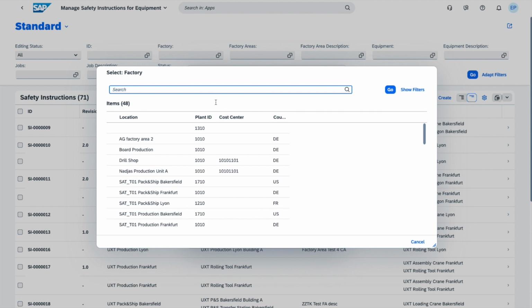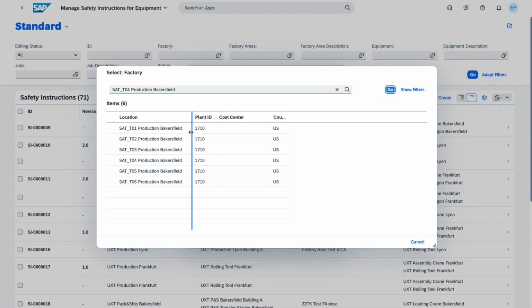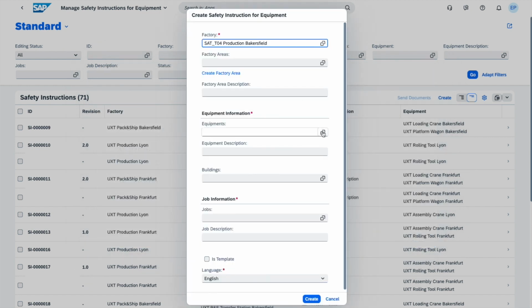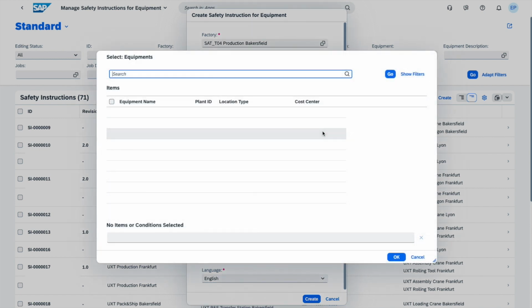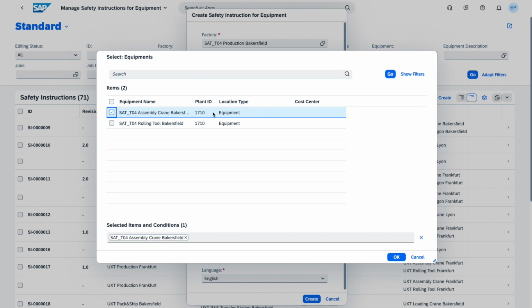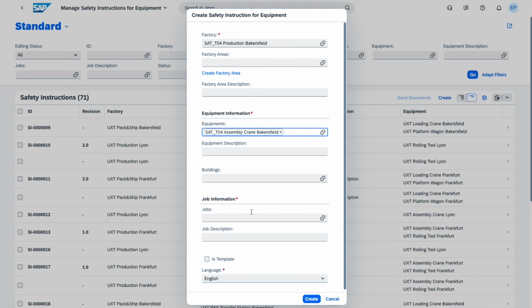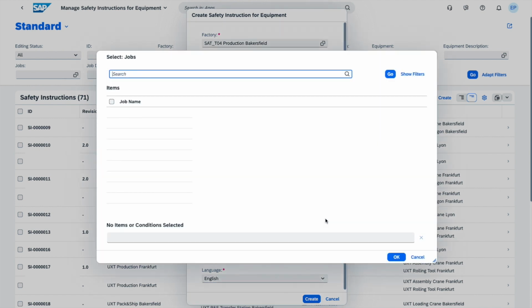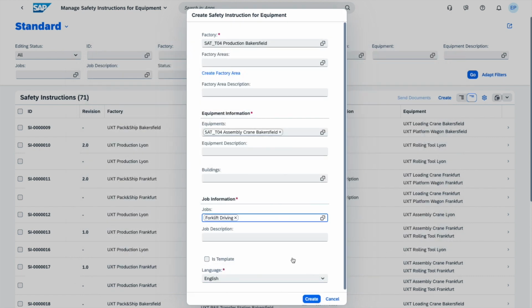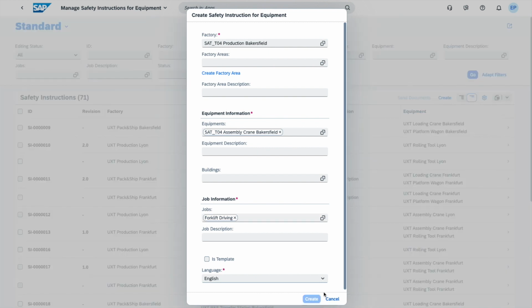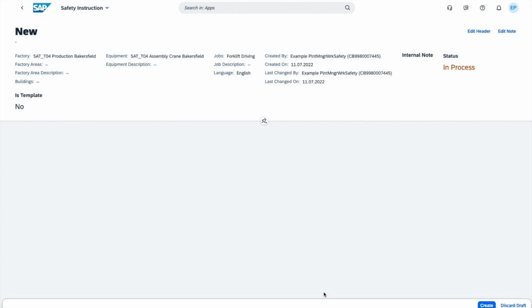And I'm going to go ahead and pick my factory. And I'm going to pick production Bakersfield. The next thing is to obviously pick the equipment for which this safety instruction is going to be created. So I'm going to pick my assembly crane. And then the last piece of information that I need to indicate is the job family. So this is as in the professional task, if you like. So I'm going to go ahead and pick that it's a forklift driving job task. I click on create, and this is going to take me to the main creation screen of my safety instruction